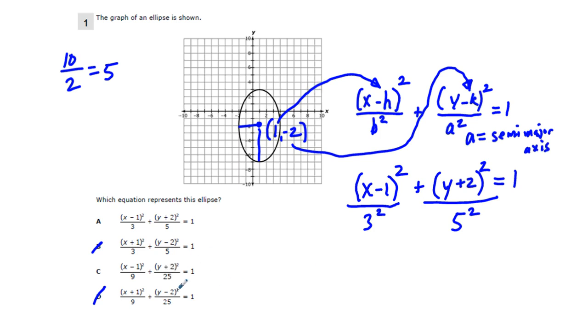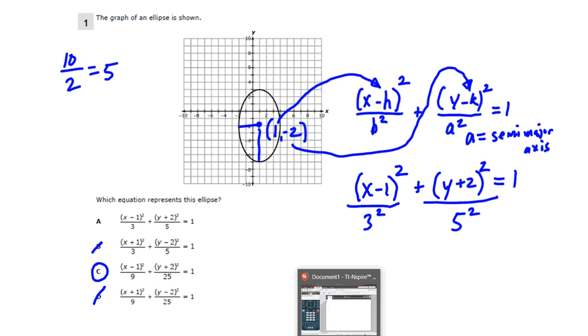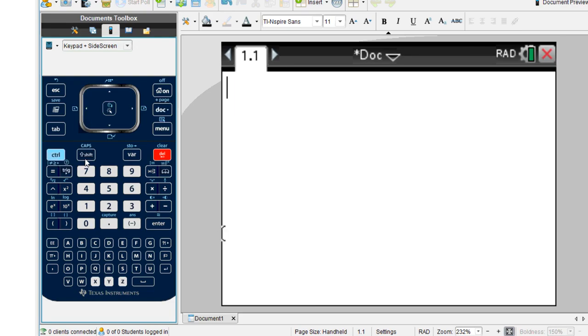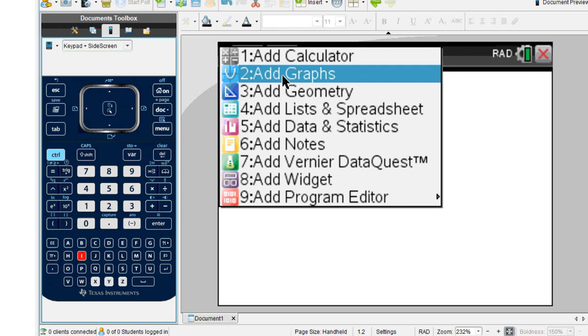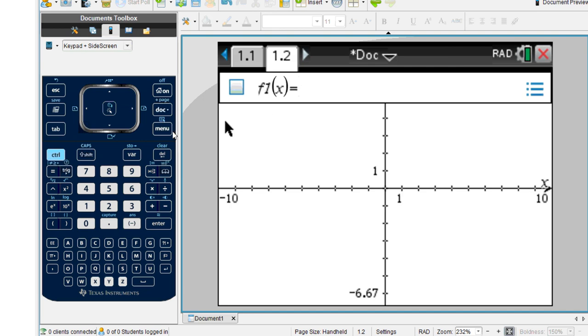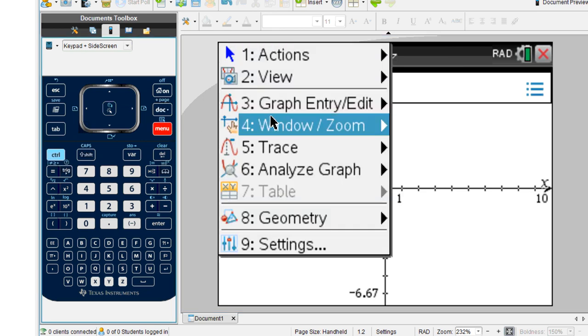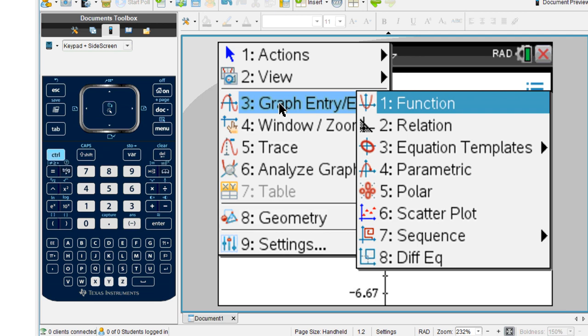So we're going to get, that's going to be answer choice C. And this is very easy to work out in your TI-Nspire calculator too. So I'm going to go there, and we're going to graph an ellipse. Press Control I, and we add graph. We go to Menu, 3, Graph Entry Edit,